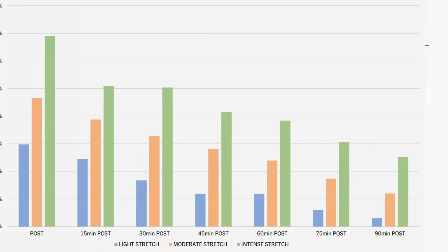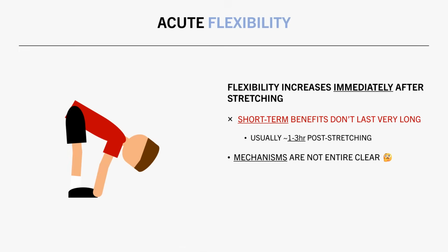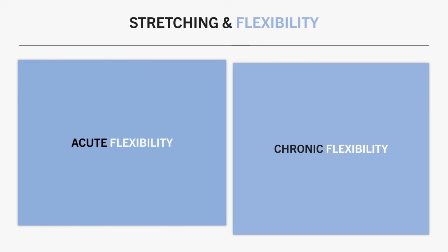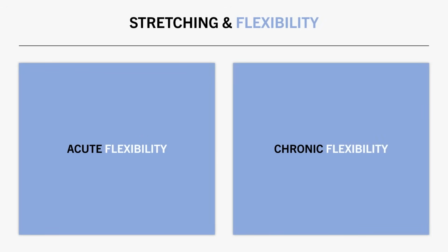The mechanisms by which stretching improves acute flexibility are not entirely clear at this stage. Since range of motion benefits are short-lived, this suggests it is probably mostly a neuromuscular mechanism rather than a structural change to the muscle tissue. It has been hypothesized that stretching might desensitize the nervous system to being in a stretched position, delaying the protective stretch reflex. So it is clear that stretching improves range of motion acutely, but what about its long-term effects on